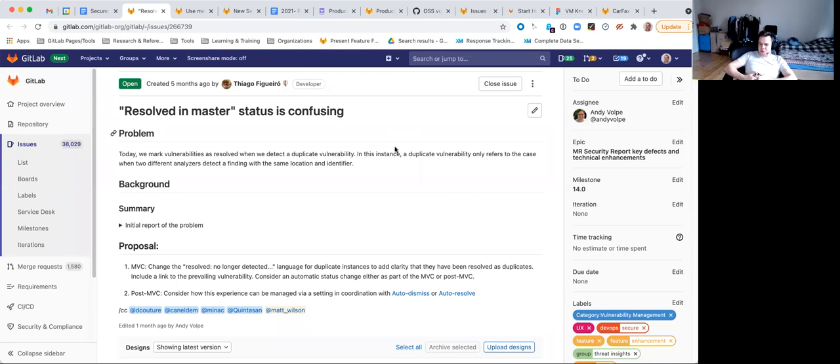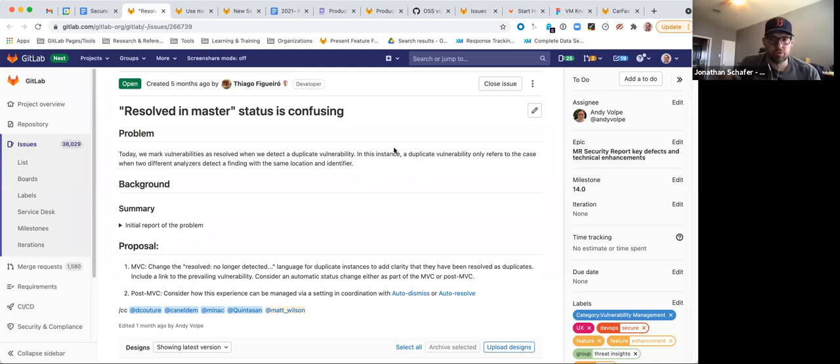So at this stage, if we are getting duplicate vulnerabilities, then it means that we have a bug somewhere. And we're talking about duplicate vulnerabilities across different scanners